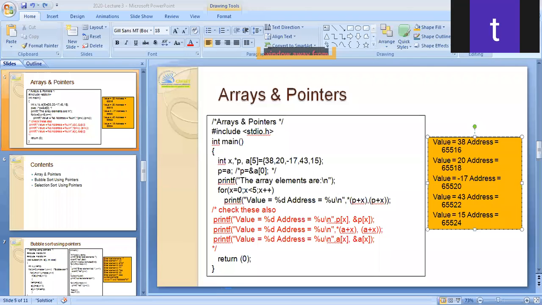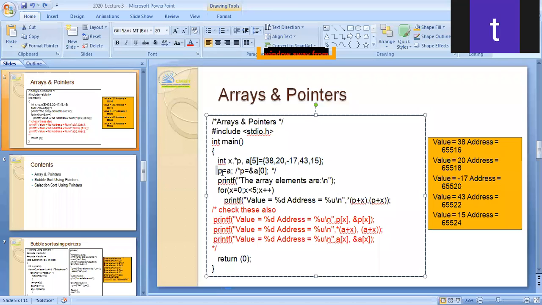Kindly listen. First, do you know what this program is? There are some array elements, and we have a pointer variable pointing to those array elements, and we are printing their values with the address. So there are 3 topics. First, what is x? It is the array index variable. What is star p? Star p is the pointer variable. It will point to the array. What is the array? It is a of i equal to some values. These are the array elements. Now each pointer variable should contain the address of each array element, and you have to print both the value as well as the address.